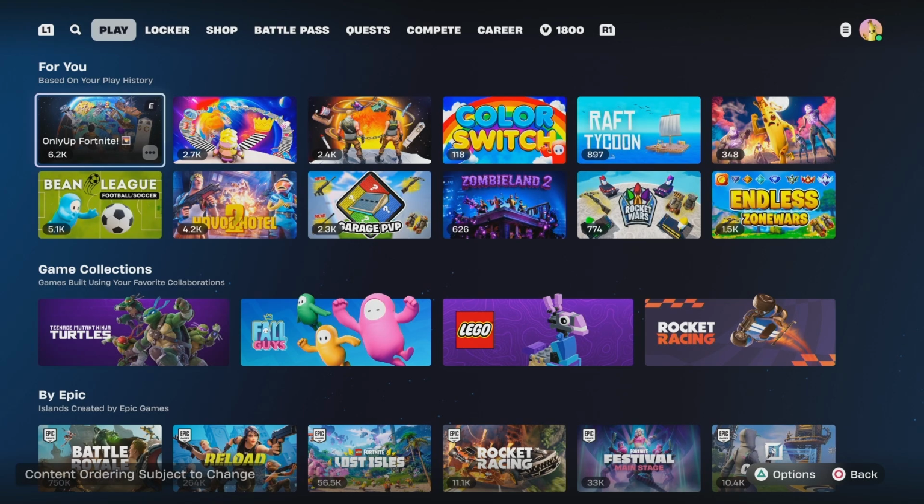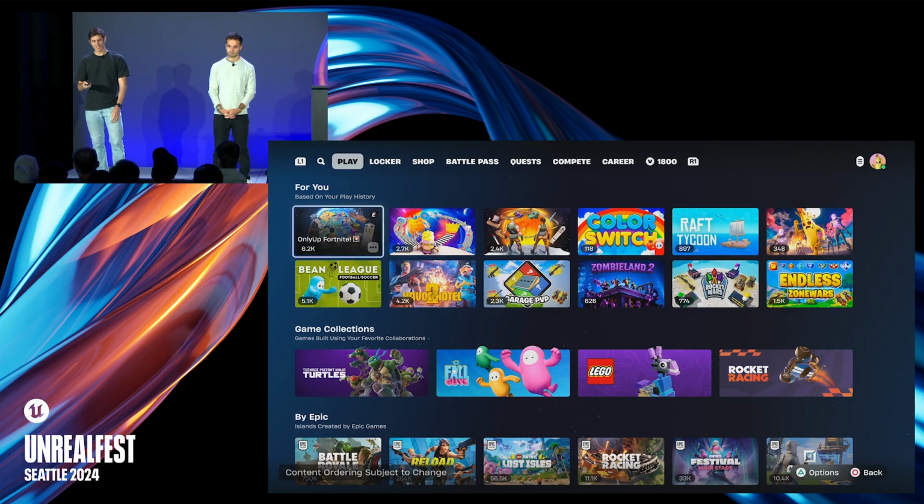So game collections. These will be the place that you can go and click into any of these different games, and then you'll be able to see the full list of content. We're really excited about this because it differentiates from the current browse experience where it's just, hey, here's a list of 100 islands sorted by CCU. Clicking into these is going to open up an entirely new Discover surface. That surface is going to have its own rows. It's going to have its own top rated. It's going to have its own new and updated, but filtered specifically for the context that you are opting into.